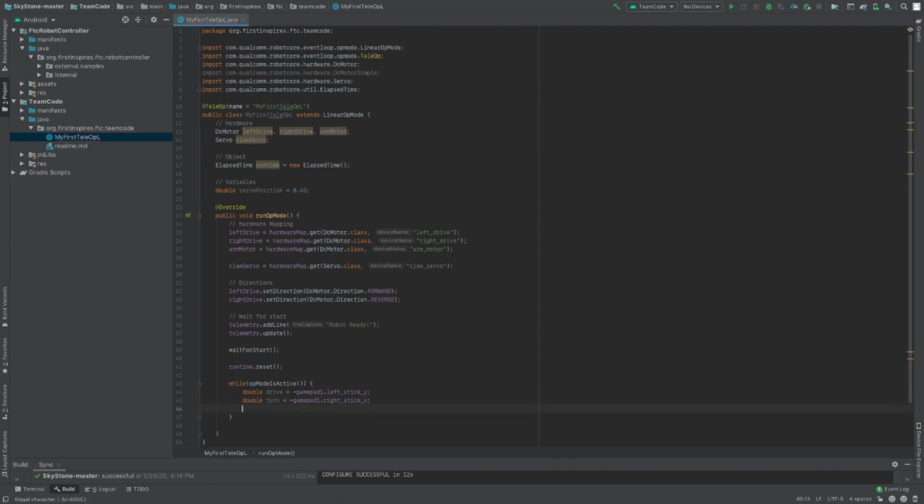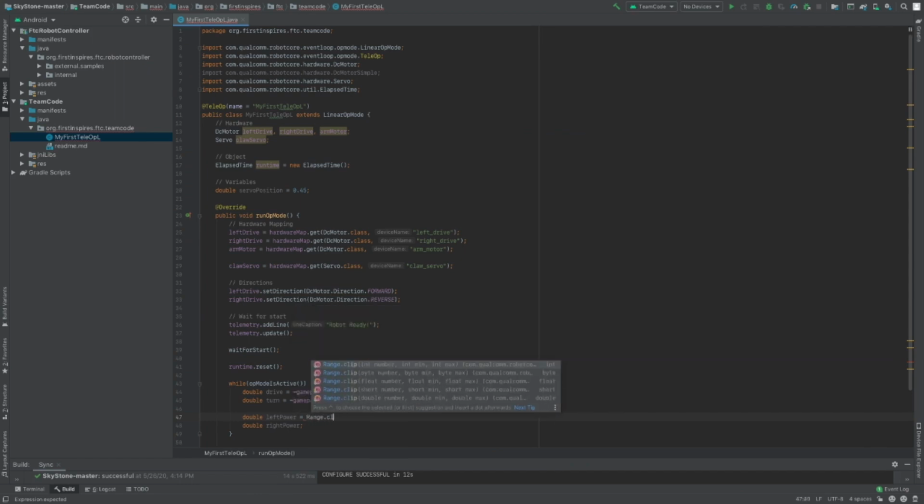So now, let's create some more variables. We're going to write double left power and double right power. These are the individual powers that are applied to each side. So we can write left power equals, and we're going to do something called range clip. So range clip basically says, clip my number from A to B. So we go range.clip,